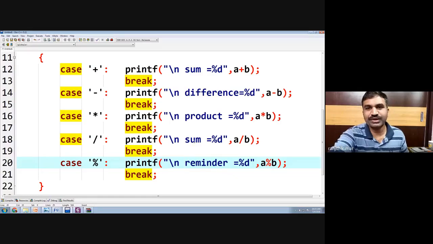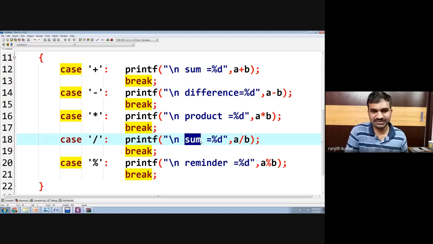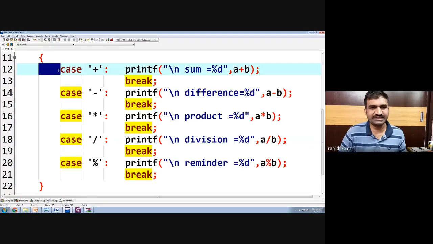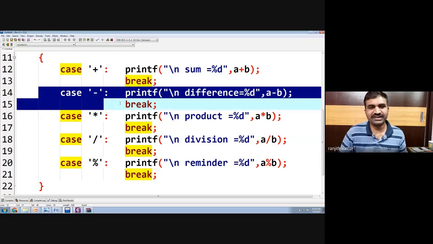Mod is a very important operator, people, which is used in many programs. For division, you are printing the quotient value, so a by b will print the quotient. So we are listing the plus, difference, product,